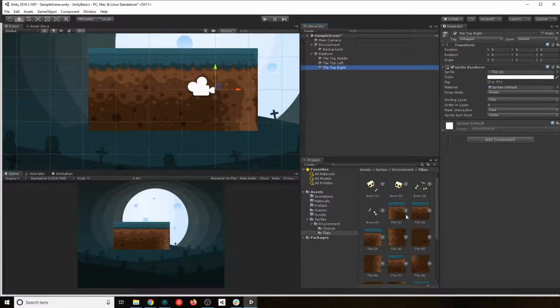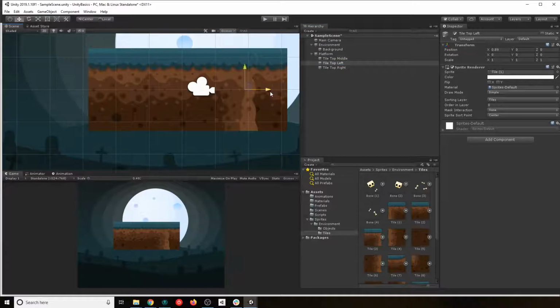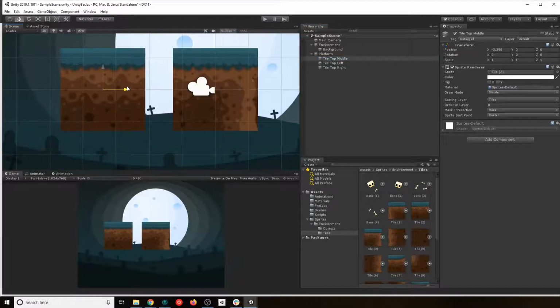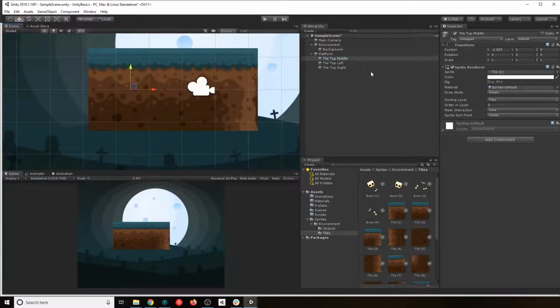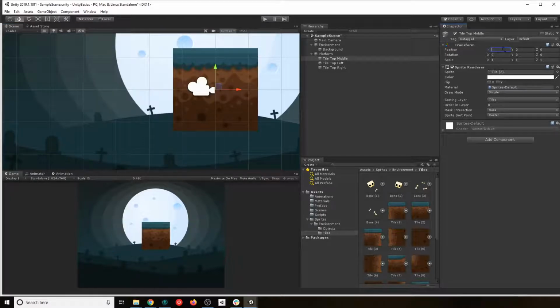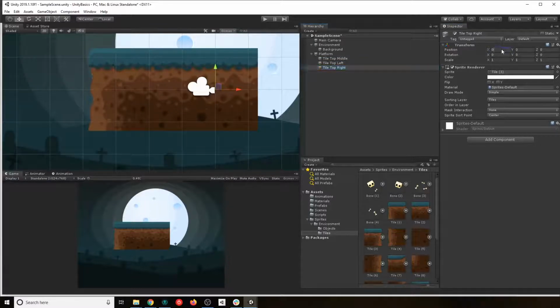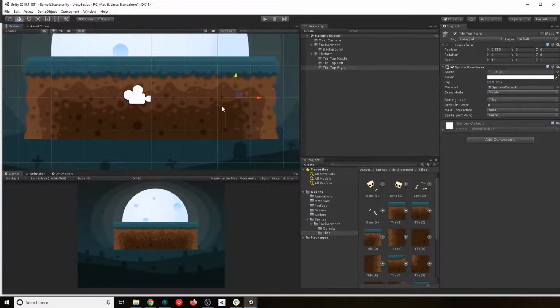I can copy that and I can go to my right tile, and we just noticed that that wasn't the right tile. Unfortunately, it looks like that was the left one, right? Probably. Yes, looks like it was not the correct tile. This one was the middle one. Oh, sorry, I was the one that did the mistake. So I'm just gonna go ahead and put this in 0, left here. Yeah, that was right. And I can put this one on here and just remove the minus, and we have our perfect platform there.